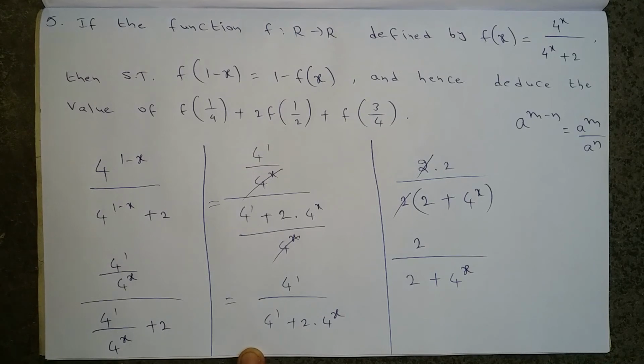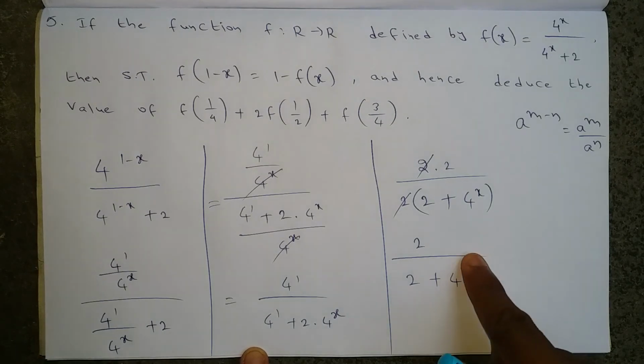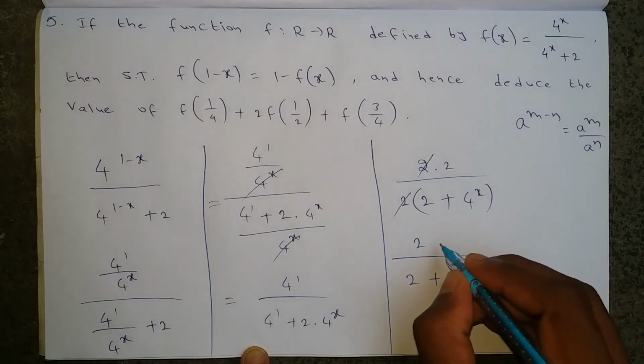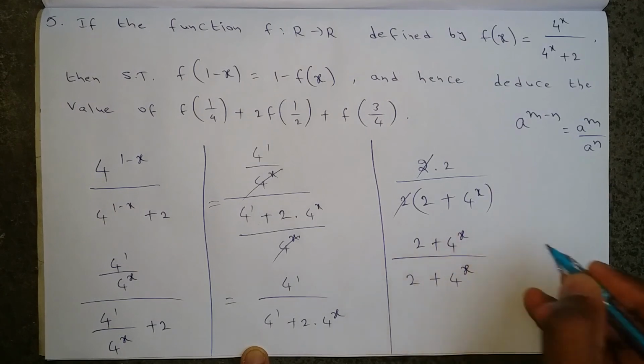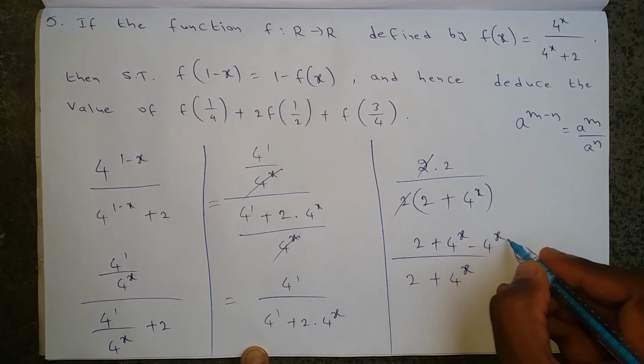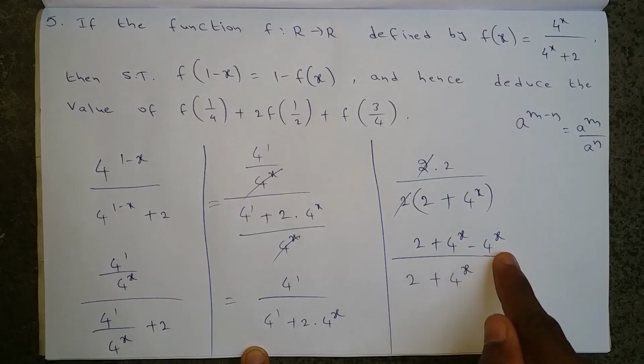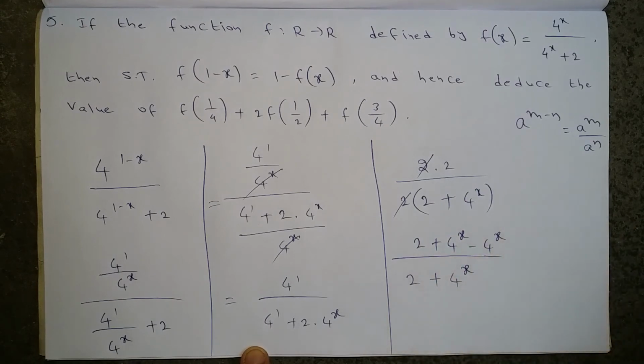So now what I will do, in this numerator already number 2 is there, I will add and subtract 4 power x. Plus 4 power x minus 4 power x, both will cancel each other, so it remains 0 only, so no problem at all. Now what I will do,